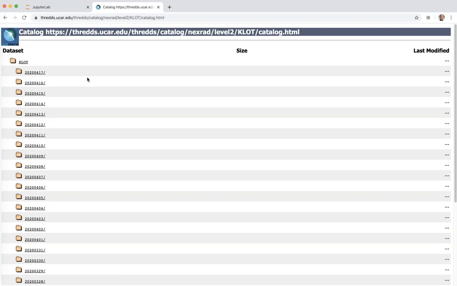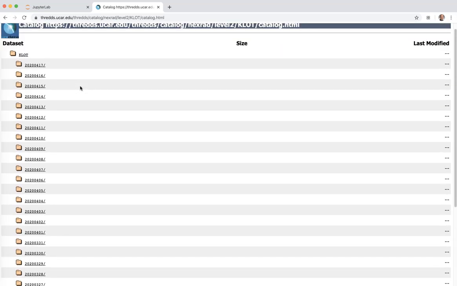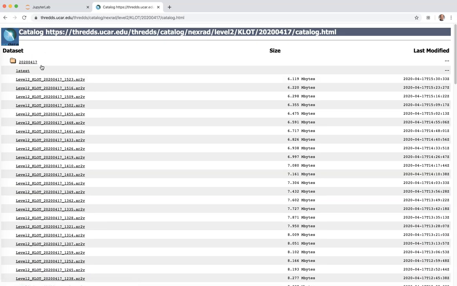And you can see that we have about a month's worth of radar data available from this resource. So unfortunately, data older than March 18th, we just don't have in this format. There are other ways to go about obtaining that data, but that goes beyond the scope of both this video and this course. And so if we click through on one of these dates, say April 17th,